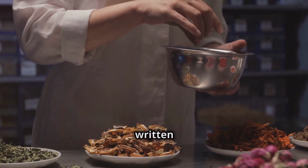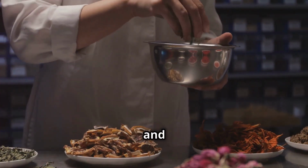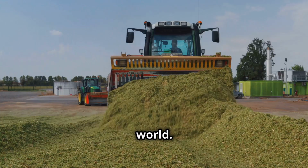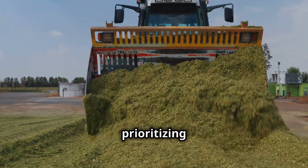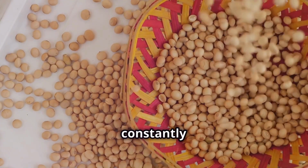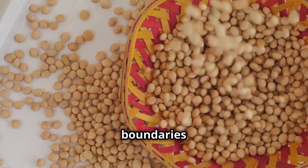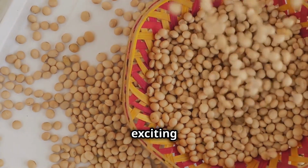It's a story that continues to be written every day by passionate food producers, innovative chefs, and home cooks around the world. From experimenting with new grains, seeds, and superfoods to prioritizing sustainable and ethical sourcing practices, the granola industry is constantly evolving, pushing the boundaries of what's possible and ensuring that this breakfast staple remains relevant and exciting for